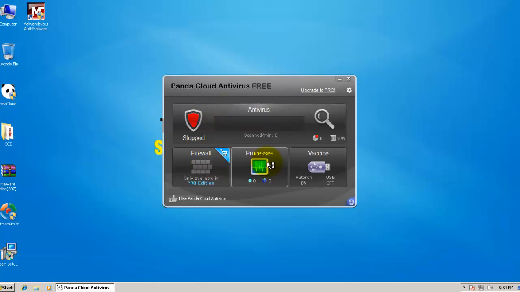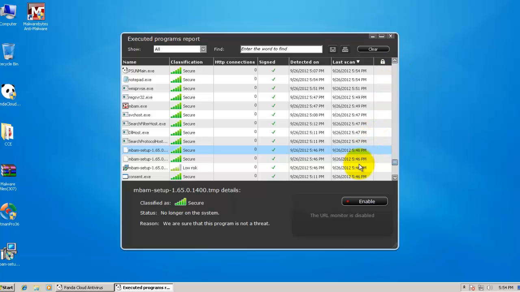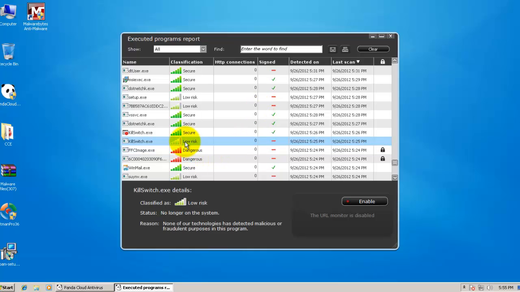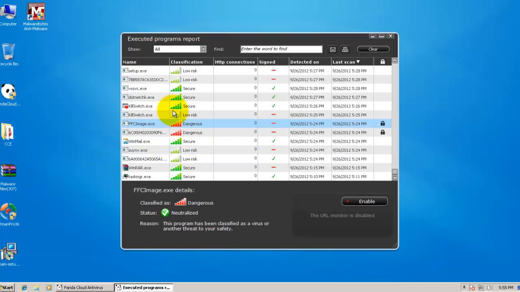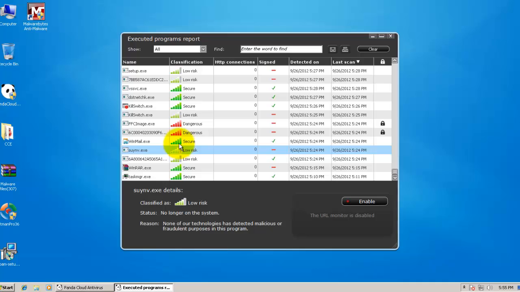I think what happens is that whenever you execute a process, it gets scanned in the cloud. Like you can see all these files are scanned and they're secure. So similarly, when you execute something that's malicious, it gets checked, and if it's found to be dangerous, it's removed. If it's found low risk, it's not removed. Like even this one, I think was found as low risk, but it let it through because it's a low risk file. And kill switch was also found to be low risk, so I don't really rely on these